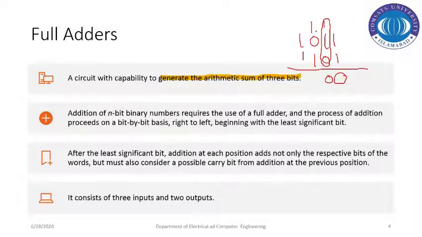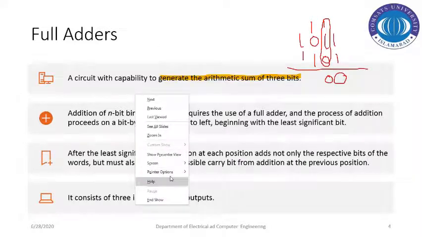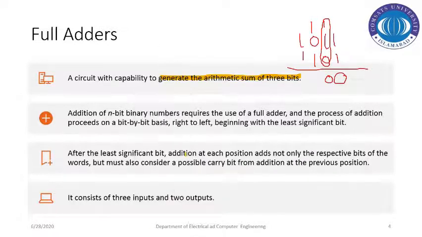So the full adder circuit basically is a circuit that has the capability to generate the arithmetic sum of three binary bits. As far as the addition of n binary bits is concerned, we require n full adders. If we have to add two numbers of n bits each, we require n full adders, in which the carry out of one adder is forwarded to the next consecutive full adder for the next addition. So the process of addition proceeds on a bit by bit basis, right to left, beginning with